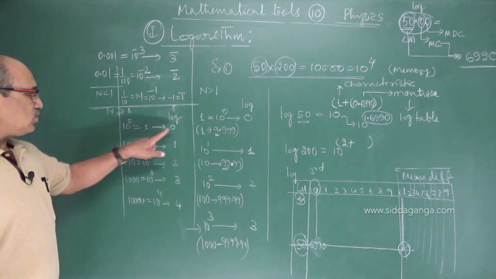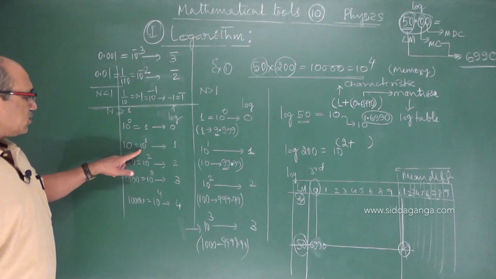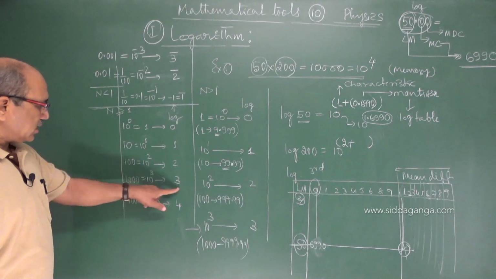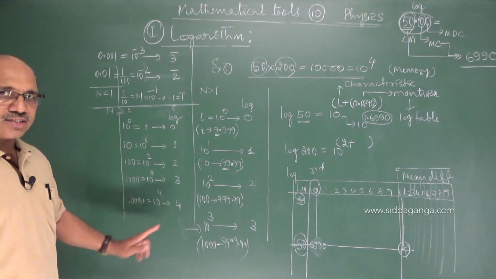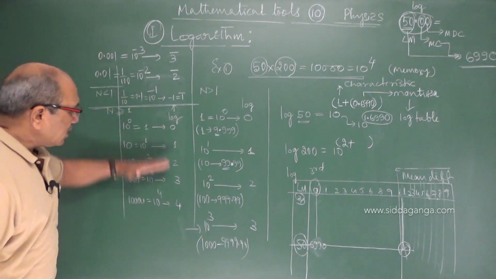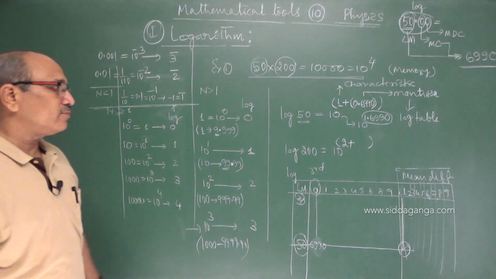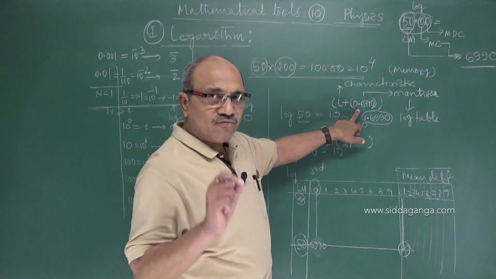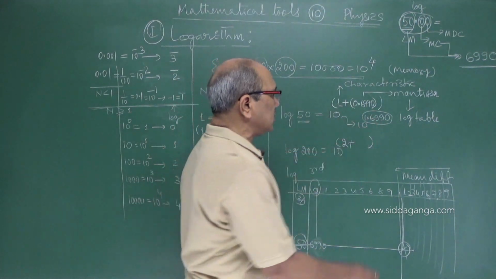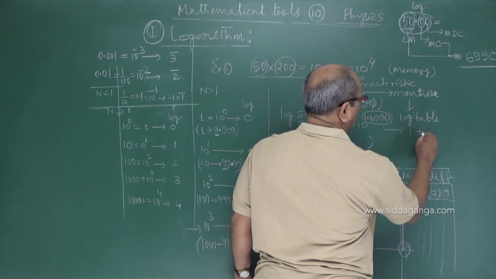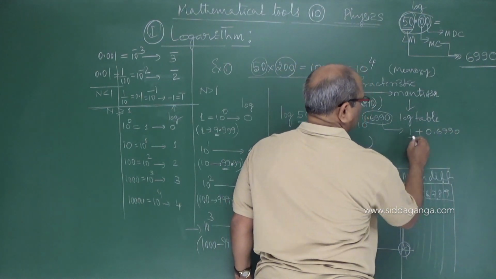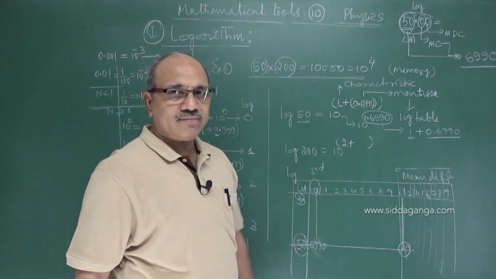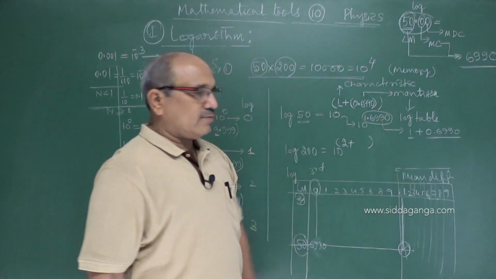1, make one less, 0. Here 1, so it is 2 digits, therefore 1. Here 3 digits, 2. Here 4 digits, 3. Here 5 digits, 4. One made less. I am speaking only of numbers greater than 1. So the number is greater than 1. The mantissa is the fractional part of the logarithm. When you see this 1.6990, we split it into two parts: 1 is the characteristic and .6990 is the mantissa, which is always positive and a fraction. So right, we return that one.